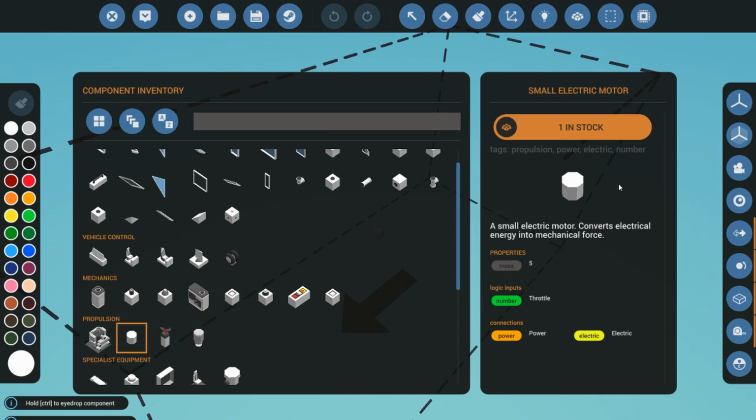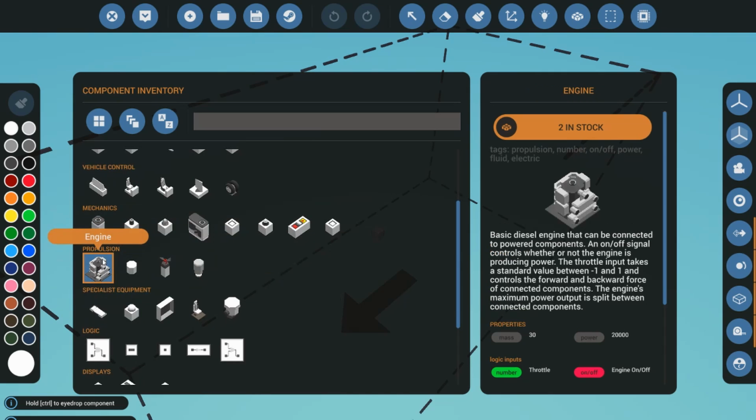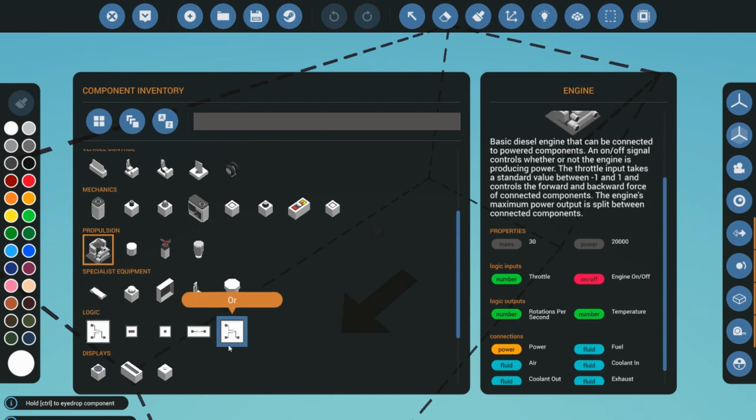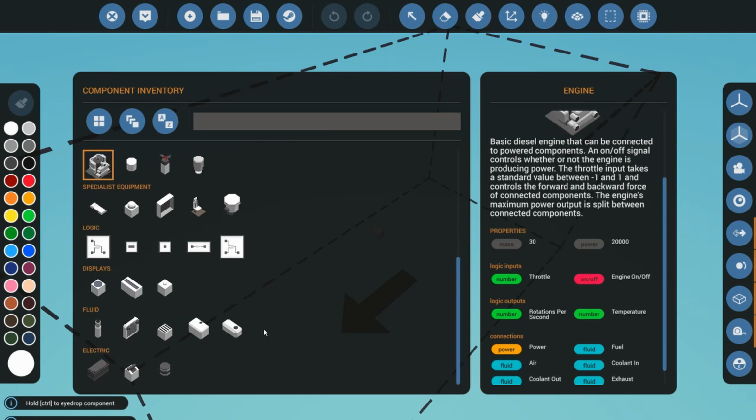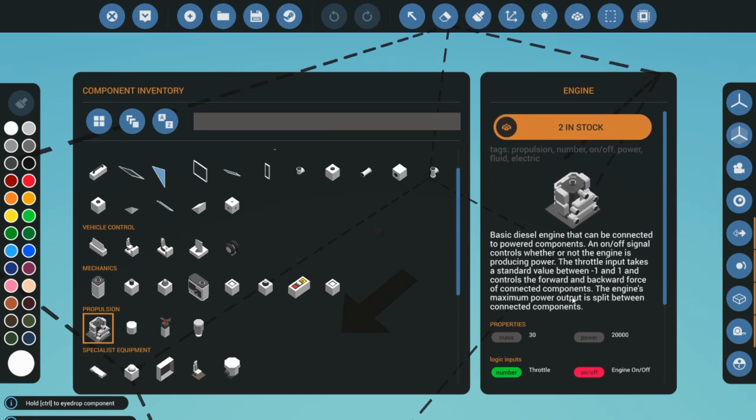So you can hook this up to your battery, and then, well, you guys know what electric motor is. I don't need to tell you. And then, of course, you have your engine. You have 2 engines. So the cool thing with this is that the engine in advanced mode, before I could just plop this engine in and attach it directly to my propeller, and that was it. Now I have to do,